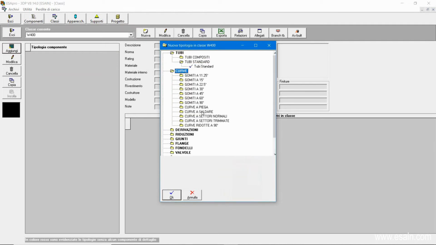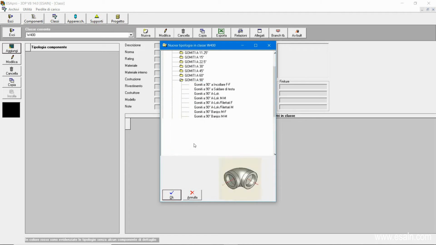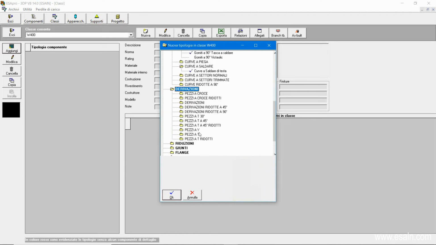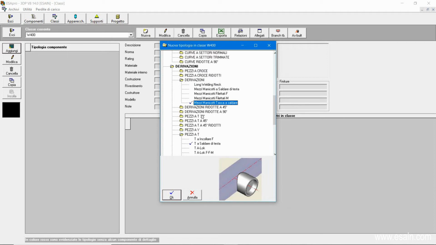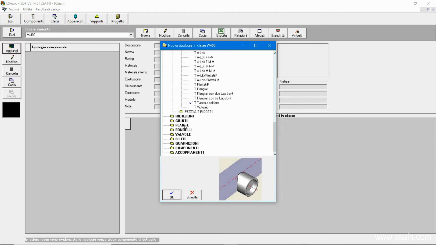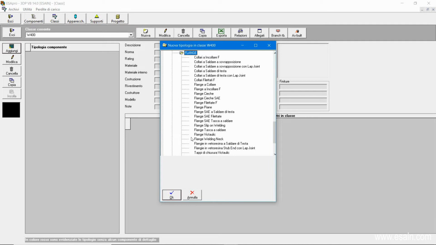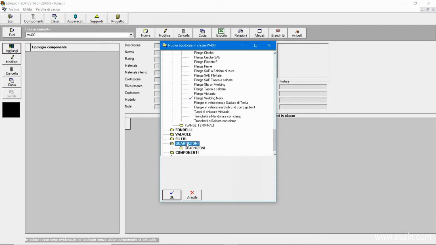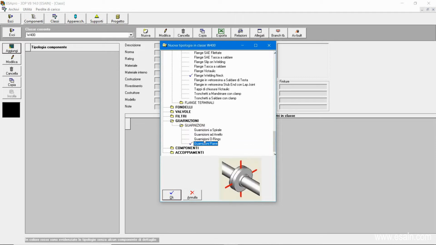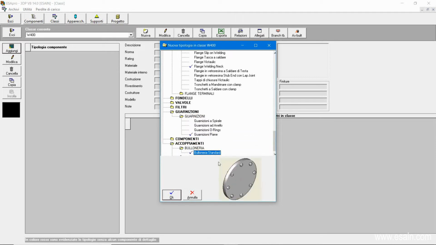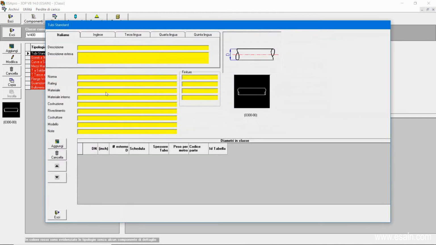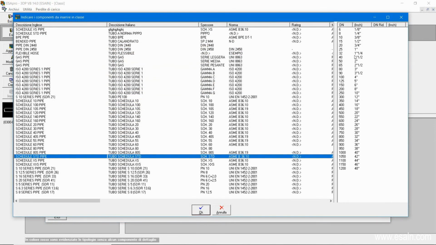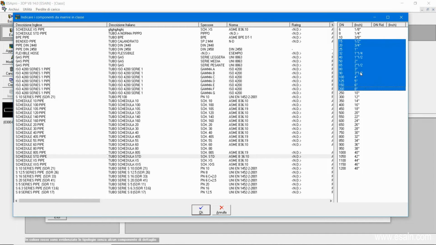So let's add the pipe, the elbows, butt welded and socket welded, equal T's, butt welded and socket welded, and half couplings to connect pipes with different diameters. Some flanges, welding neck in this case, with compatible gaskets and bolt set. Once we've added the components to the list, we choose which tables from the catalogue to use. We then select our pipes table, the range of sizes we want to use when modelling.